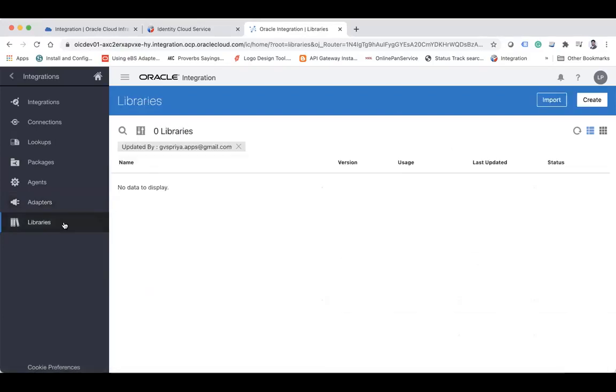Libraries. Libraries are nothing, it is the collection of your JavaScript. In integration, you cannot write a single line of code. You cannot call any Java code. But if you have a requirement to do some certain coding, you want to do some transformation which is not possible in the integration, you want to parse some complex XML which is not possible in the integration,